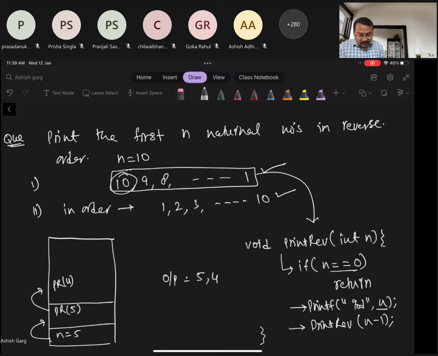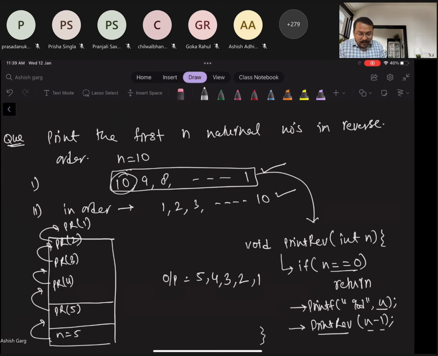Then it is going to call 3, then it will print 3, then pr of 2, then 2, and then pr of 1, then it will print 1. And here after printing 1, it is calling pr of 1 minus 1, which is 0.